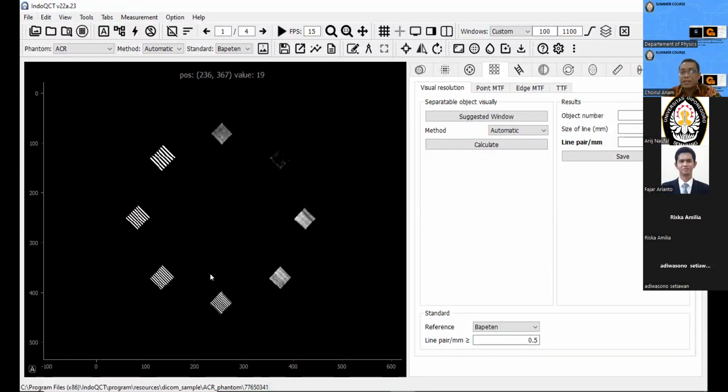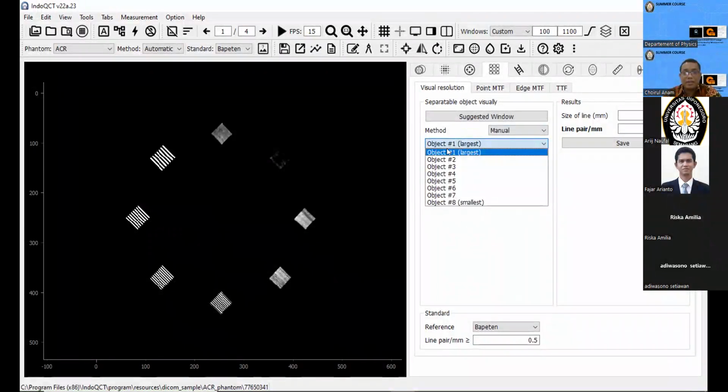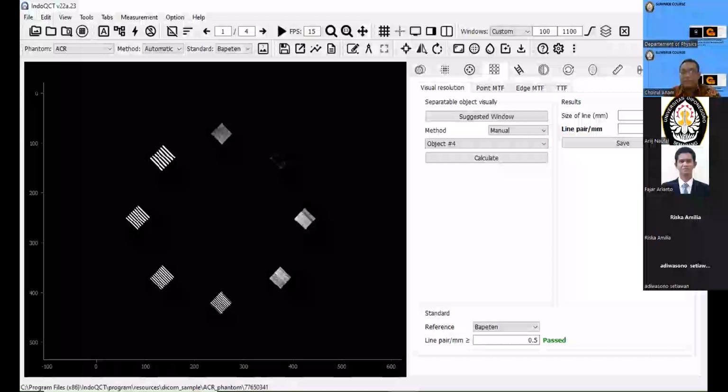Using this in IndoQCT, we use the manual option, and then we choose the object that can be separated. We already chose number 4, so I click number 4 and then calculate. We get the size of line as 0.71, and the line pair per millimeter is 0.7.